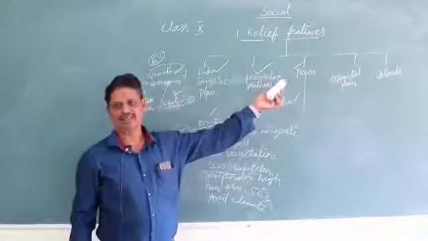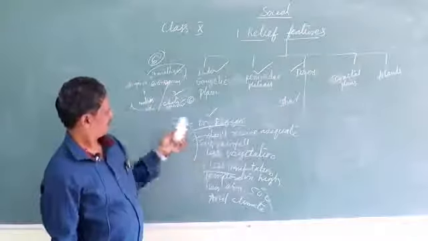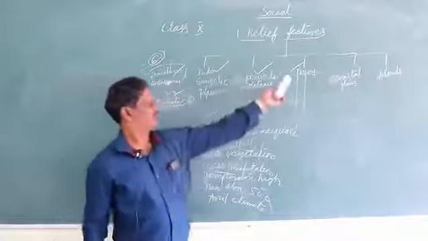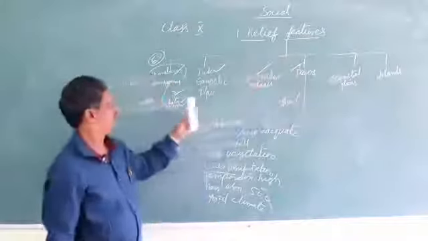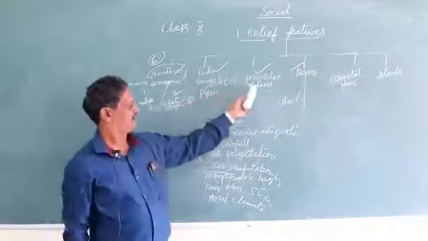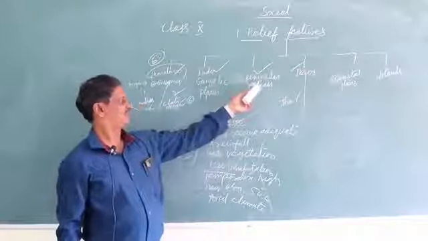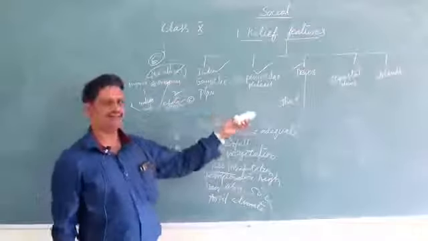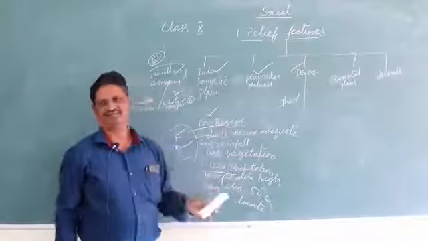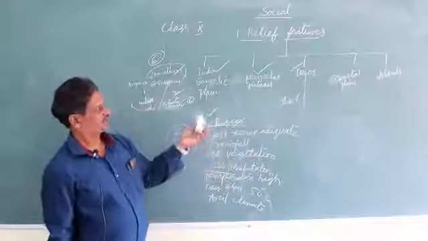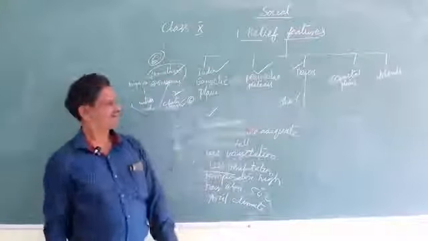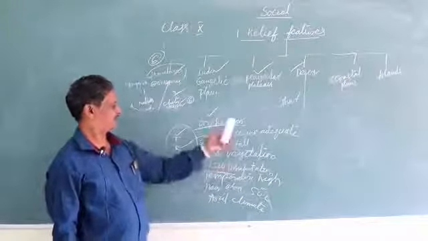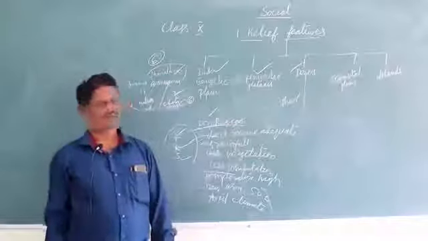and desert. Okay. So you can observe that these four are quite different. This is very cold, this is very hot. This is a plain, this is different. It is somewhat higher than the plains. So these are the variations. We have varied relief features. Okay. So the rest of the two are also different. One is coastal plains, which is located near the coast of Bay of Bengal and Arabian Sea.